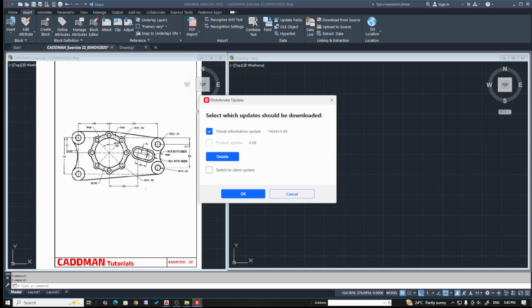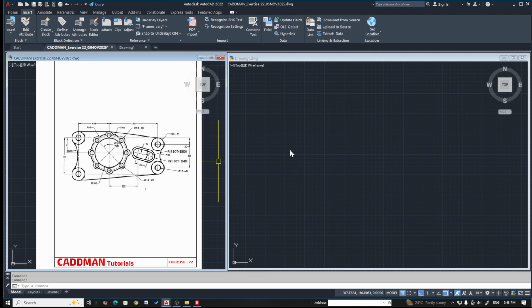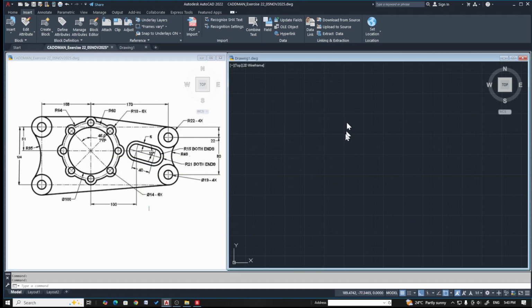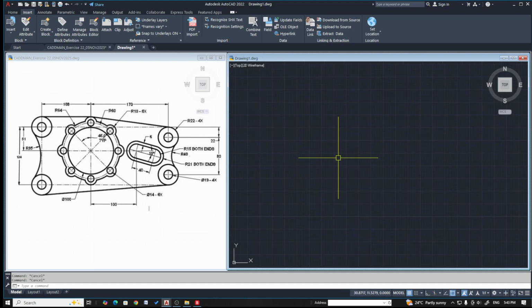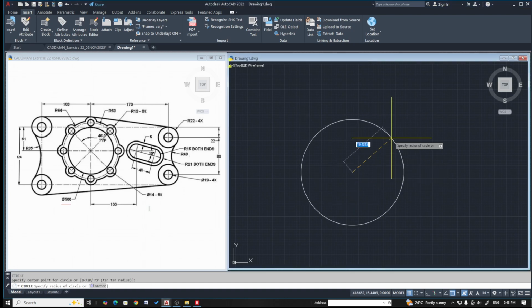So all the possible dimensions are there in the reference drawing. So let's get started. So first I'll try to create a circle, this circle of radius 50 or diameter 100. So first I'll try to create a circle of dia 100,